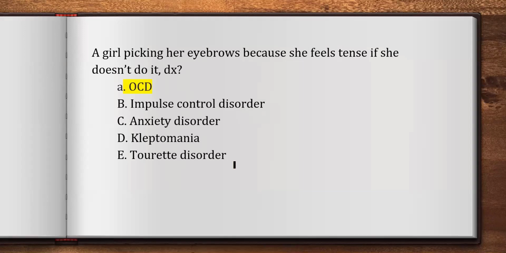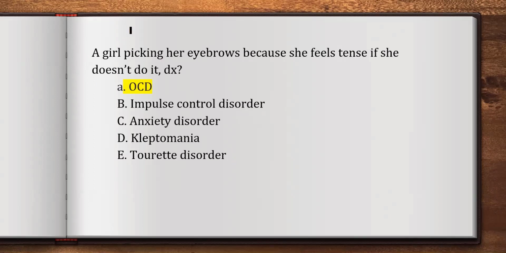If there is only the motor part, no vocal part, then the diagnosis will be motor tic disorder. There is simple motor tic and complex motor tic. If only a single part of the body is involved, like just moving a single hand, that will be a simple motor tic disorder. If they use multiple parts of their body, like both hands, both legs, then it will be a complex motor tic disorder. These are very commonly asked in the exam as well. Make sure you understand what each of these terms means.